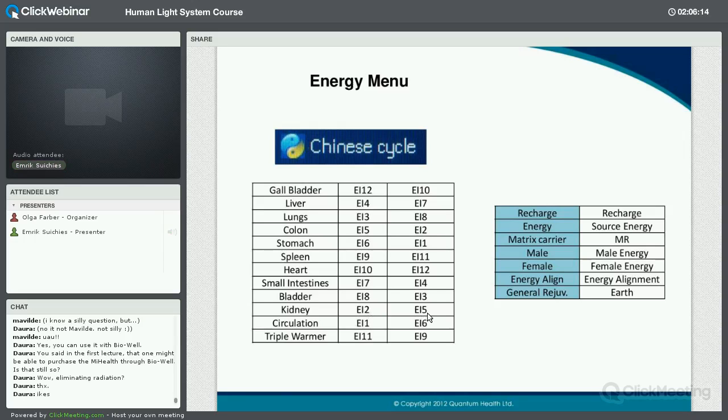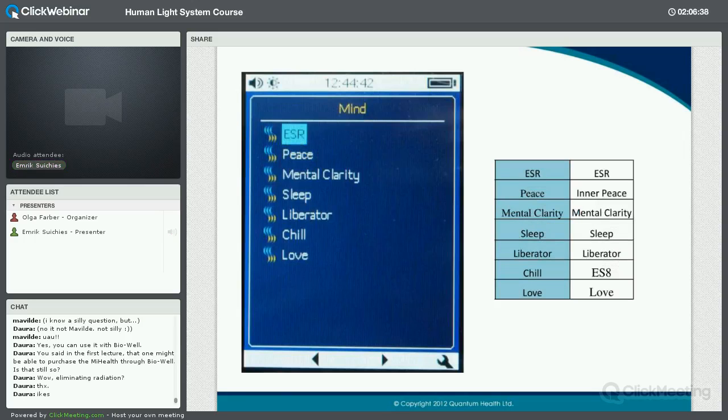kidney, bladder, and the heart-lung meridian is being restored. So at every time of the day, this Chinese cycle will reset the meridians of the organs. Very great cycle. This is what I told you already about,